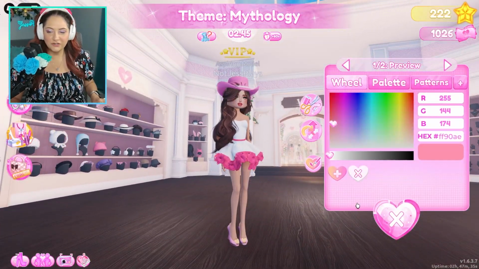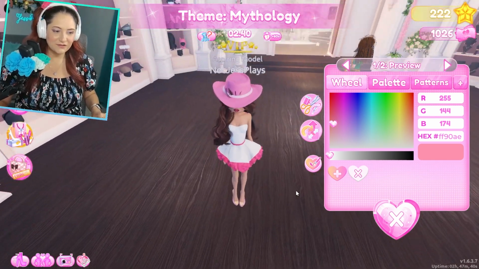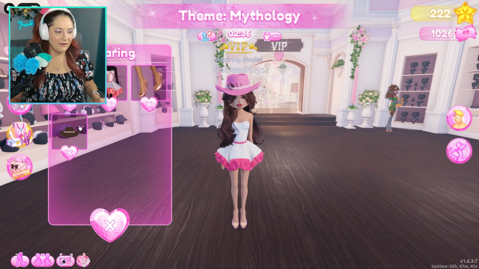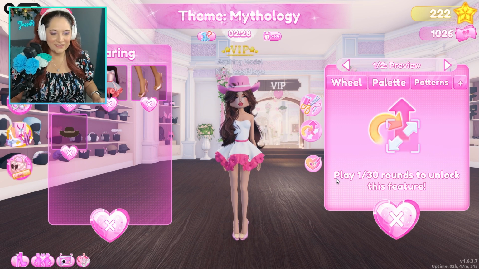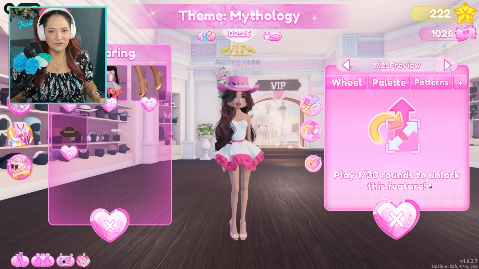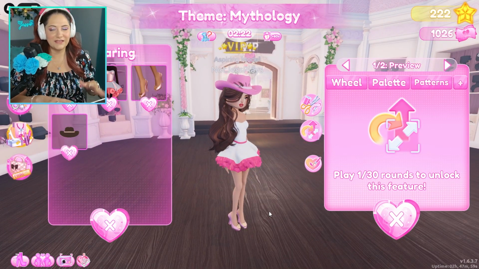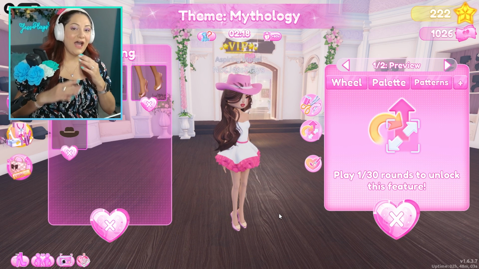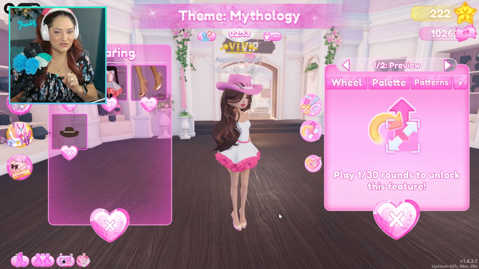And I'm just going to show you how and where that is and what that looks like if you don't have it. So say I want to change how this cowboy hat looks. So I would just click on the cowboy hat, and this is the accessory adjustment feature icon. So if you click on this, it'll say play 30 rounds to unlock this feature. So after you played 30 rounds, then you can unlock this feature and make loads of cool outfits. Now, I've already completed this, so let's switch back over to my main account and I'll show you everything you